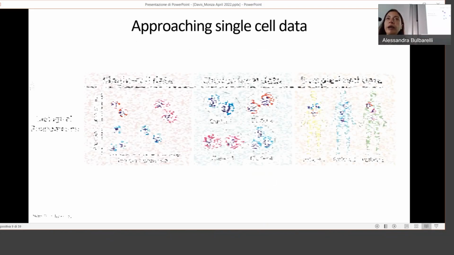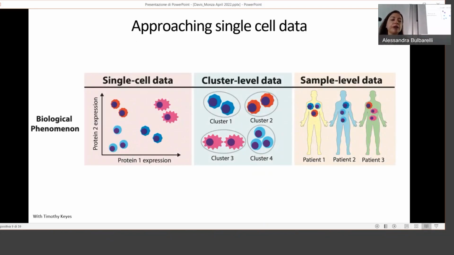I think we've come a long way, both in our lab and in the field. This is a little preview of a paper that's getting ready to be submitted, where we really have gotten to a place where we have a philosophy about how to approach single cell data and how to break it down in a way based on what are the questions that you're asking. So when you are generating single cell data, you can actually look at biological phenomenon on 3 levels. One is on the actual single cell level. So what is happening in individual cells? The second is cluster level data or population level data.